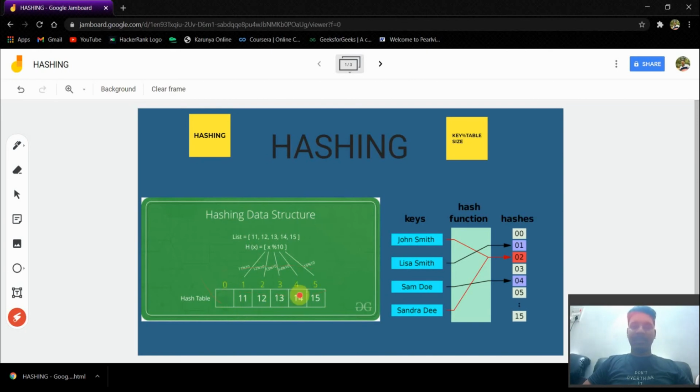First the user will select the size of the table. He will enter the size of the array, so I'll enter 6. So 0 is my index number, first index number 0, 1, 2, 3, 4, and then 5. So these are my index numbers. The user enters 6 as the array size.